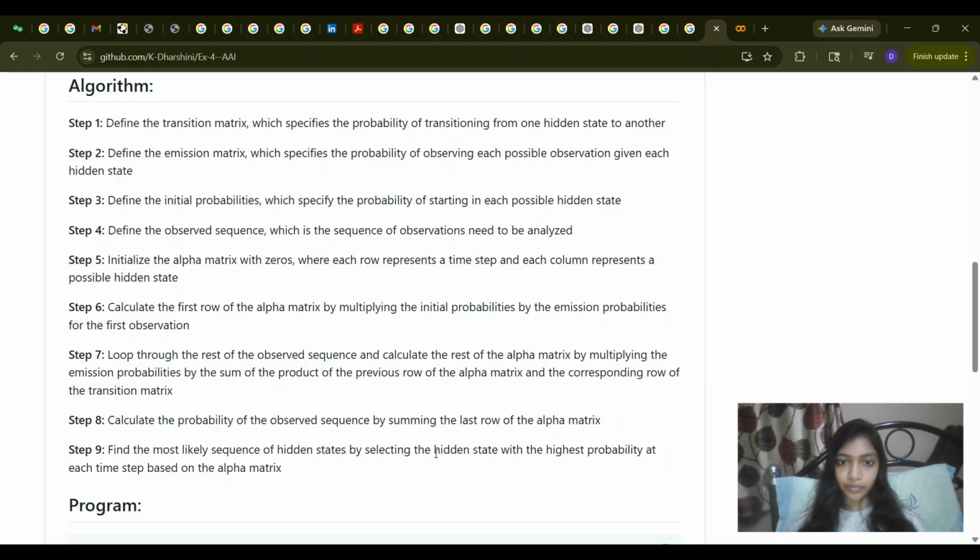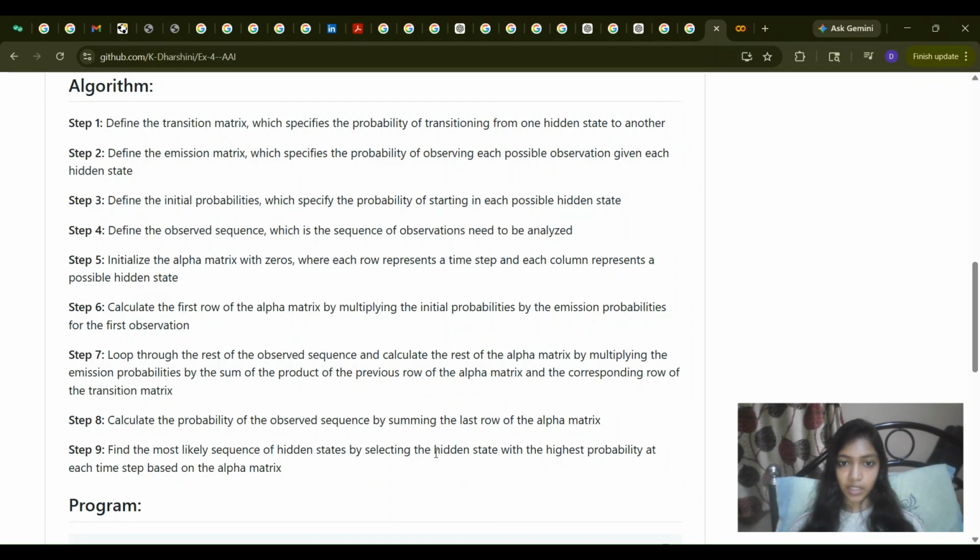Step 4, we define the observed sequence that needs to be analyzed. Step 5, we initialize the alpha matrix with zeros. Each row represents a time step and each column represents a hidden state. Step 6, we calculate the first row of the alpha matrix using the initial probabilities and emission probabilities. Step 7, next, we loop through the observed sequence and calculate the remaining values of the alpha matrix using transition